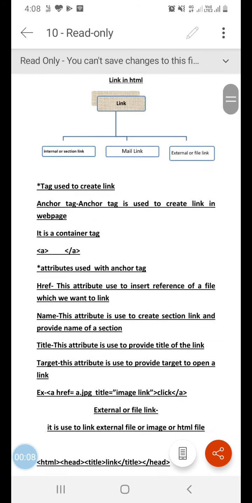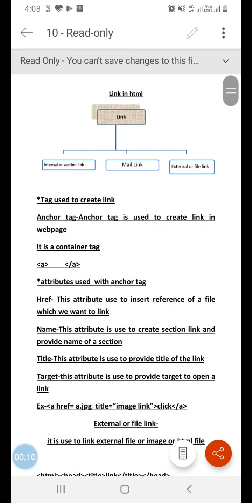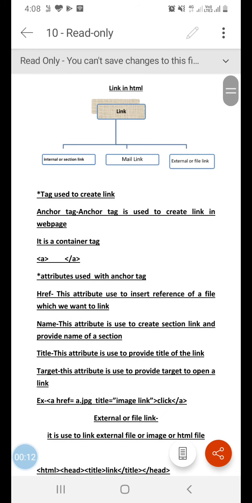This is another video to demonstrate how to create a link in our web page. As you know, a website is a collection of web pages. How is it possible to make a collection of web pages? Today we will discuss how to create a website by linking its respective web pages.